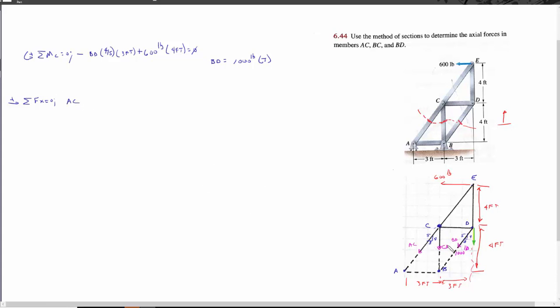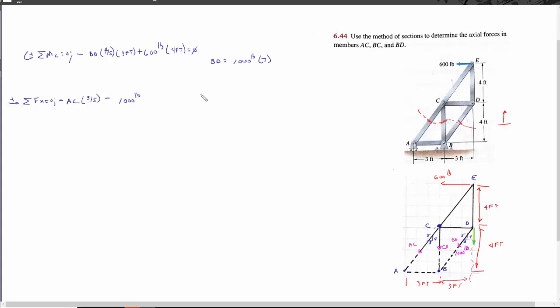Now that's going to be 3 over 5, because we're going in the X direction, and that's going to be going negative. I have BD, which is also going to be negative, and I know it's 1,000 pounds. Remember, because it was in tension, so it stays going away from the joint,